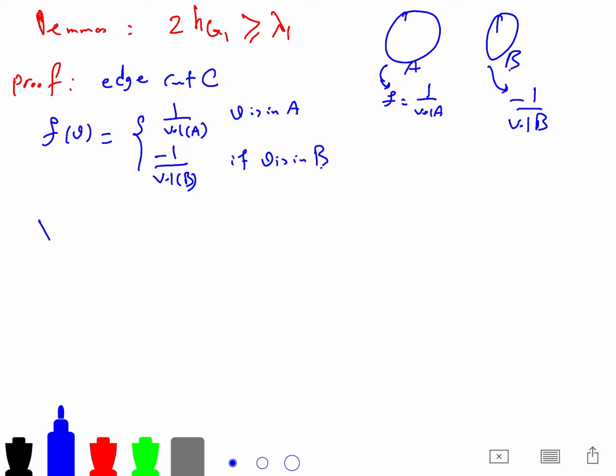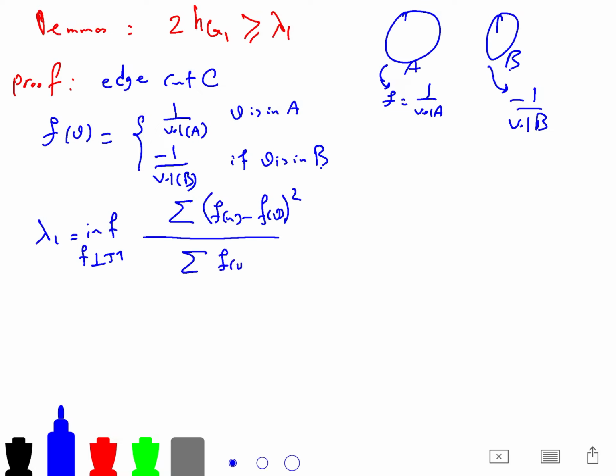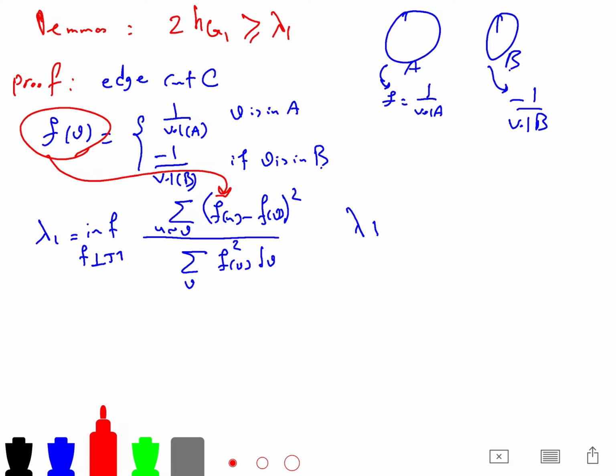You can write that lambda 1 is just the infimum of the sum of (f of u minus f of v) squared divided by the sum of f of v squared d of v. And so we have lambda 1. If you just plug in this f here,